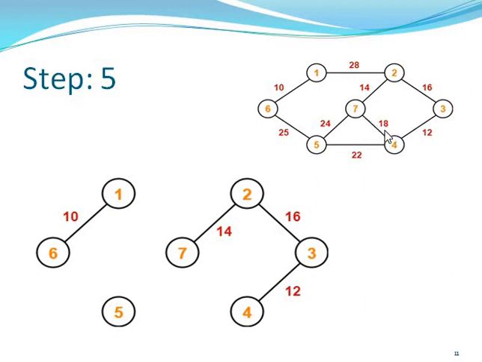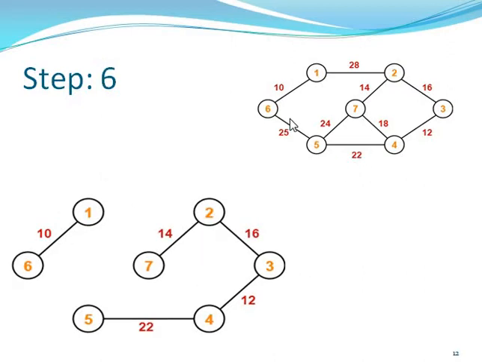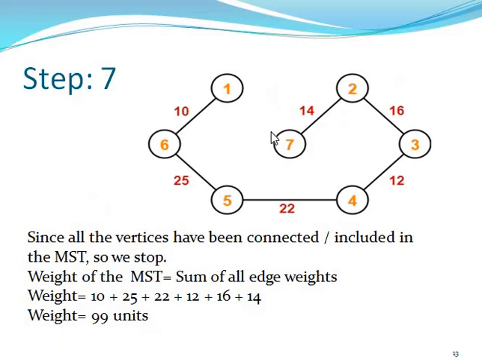so it is not connected. Then after, you can show that the minimum weight is 22, you can connect. Then after, minimum weight 24, but a cycle is created, then you cannot connect. Then after, you can connect 25 because of the minimum weight. So this is the final answer. Then you can note down all the weight additions, and the final answer is 99. So this is the final answer of the Kruskal algorithm.